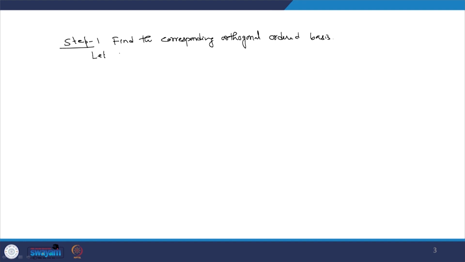Let beta 1 equal to 1, beta 2 equal to x, and beta 3 equal to x square. So, according to the Gram-Schmidt orthogonalization procedure,